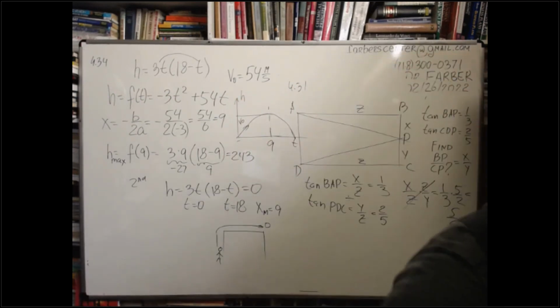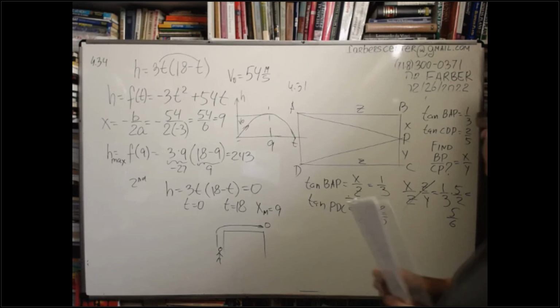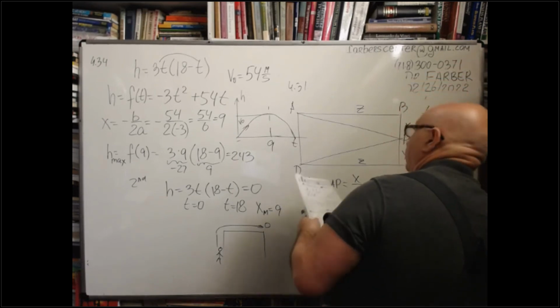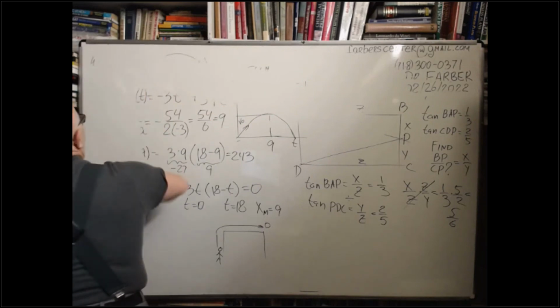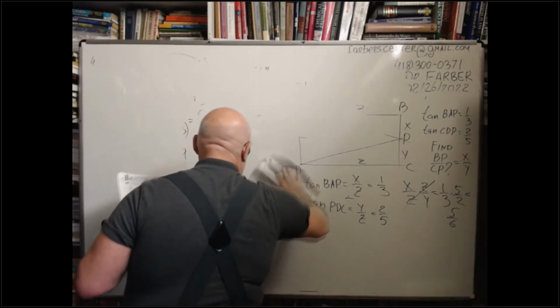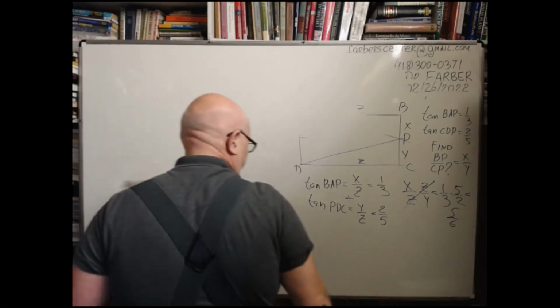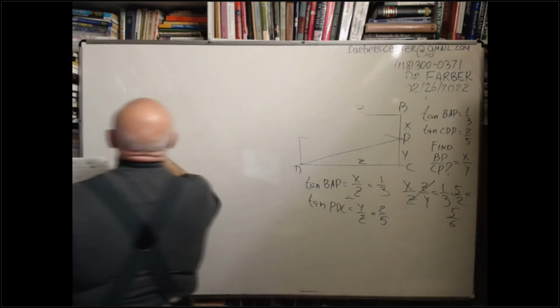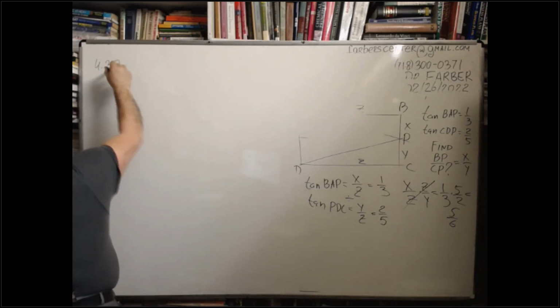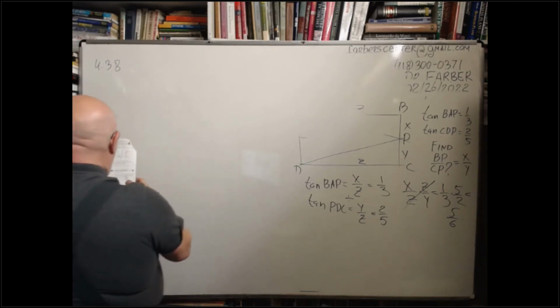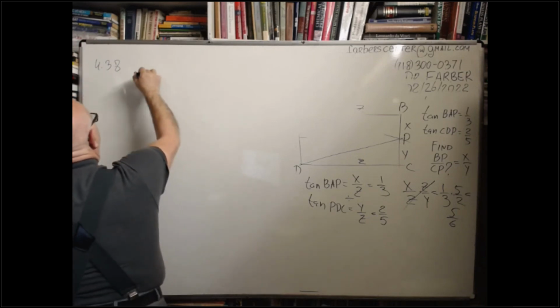Well, students, let me see. I explained almost all class questions, except for 438. In 438, let me read everything. In 438, we have g of x